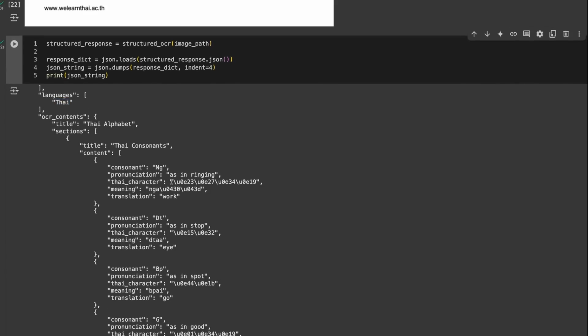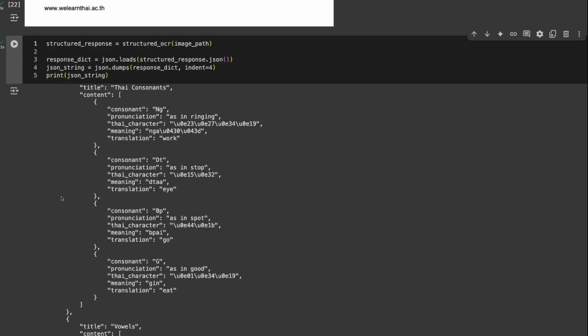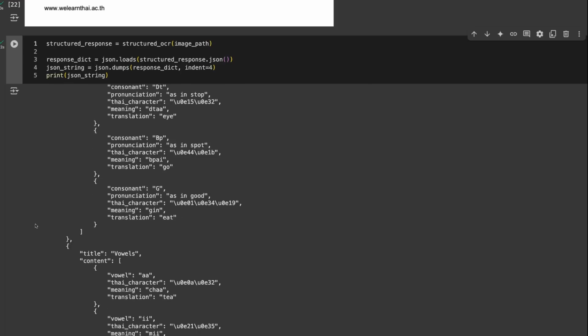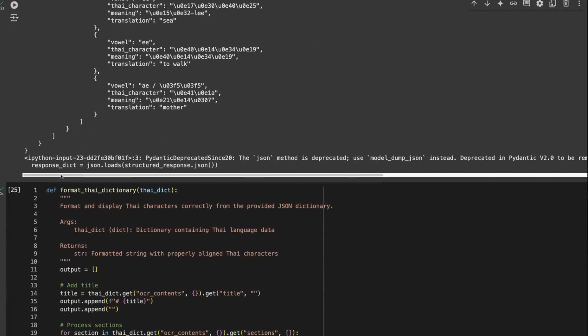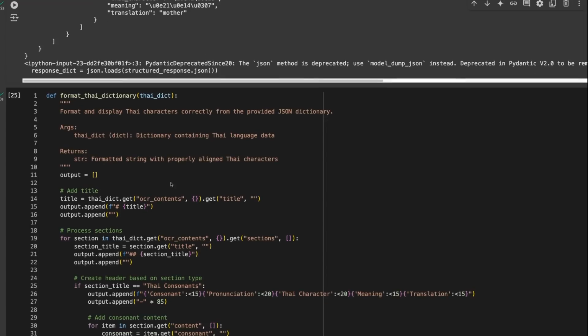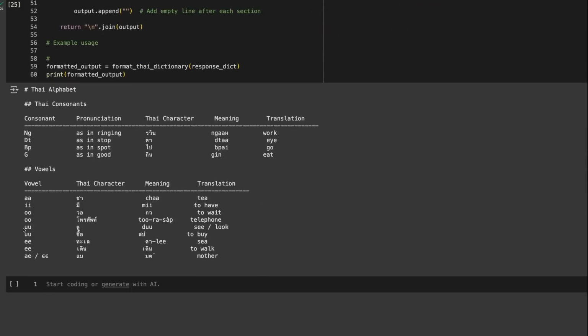Now, obviously the Thai characters here, it's basically displaying these Thai characters as Unicode in here. And so I was kind of curious, like, okay, that's interesting. That's how the model puts it out. Let's try and convert them back. So I've just made a simple little function for basically converting this back. And you can see that sure enough, it's done a pretty good job with the Thai characters